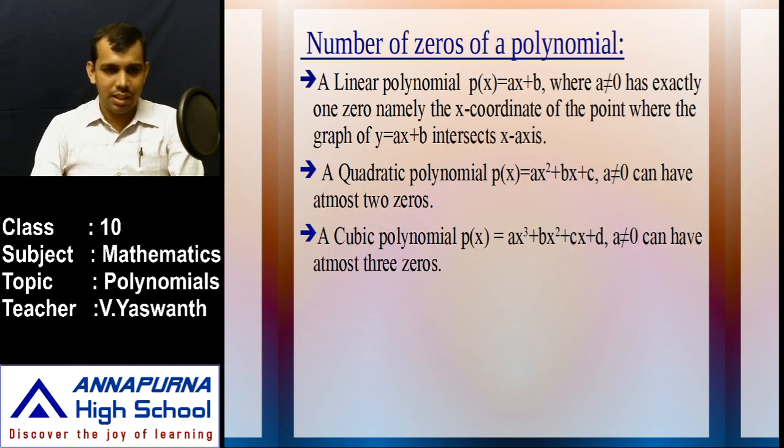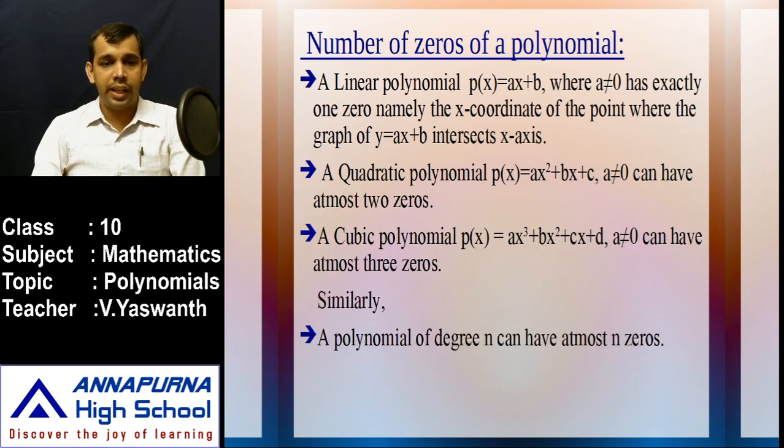Depending on this concept, here we conclude one most important point, that is a linear polynomial has 1 zero value, a quadratic polynomial has at most 2 zeros, and a cubic polynomial has at most 3 zeros. In the same way, when you take an nth degree polynomial, it has how many zeros? It's very simple, at most n zeros. Similarly, a polynomial of degree n can have n zeros. So here we are discussing all the polynomials: linear polynomial, quadratic polynomial, cubic polynomial, and nth degree polynomial.